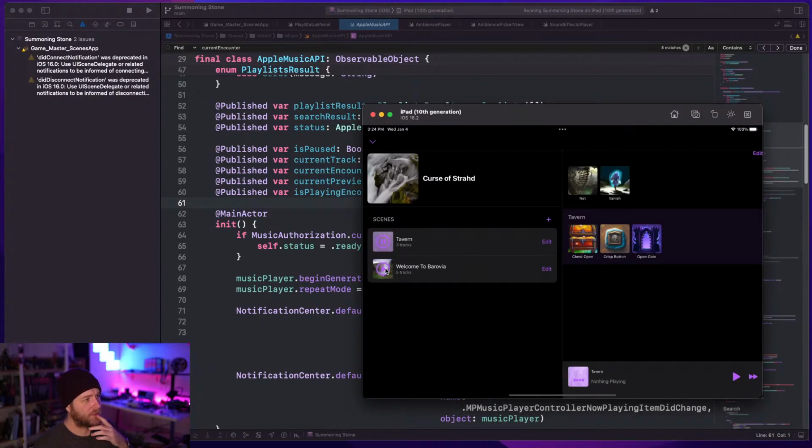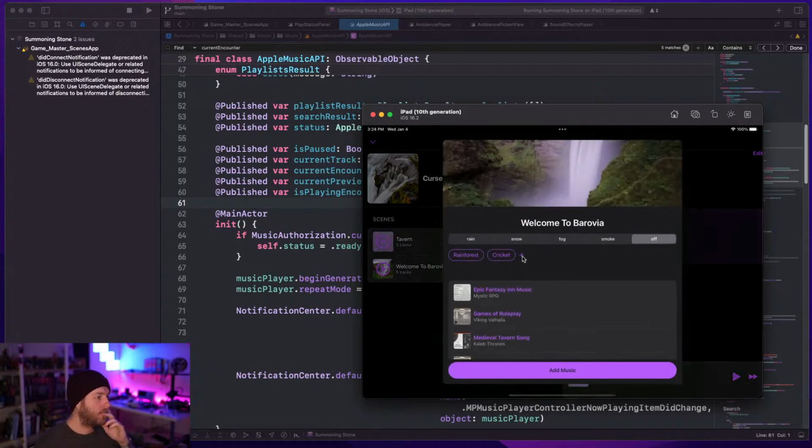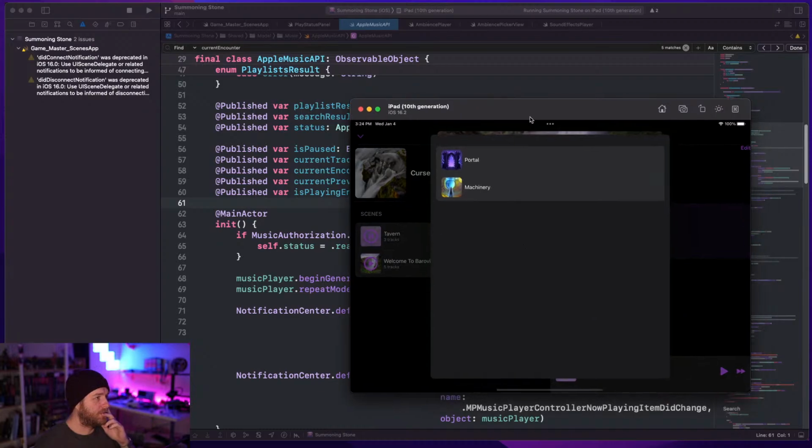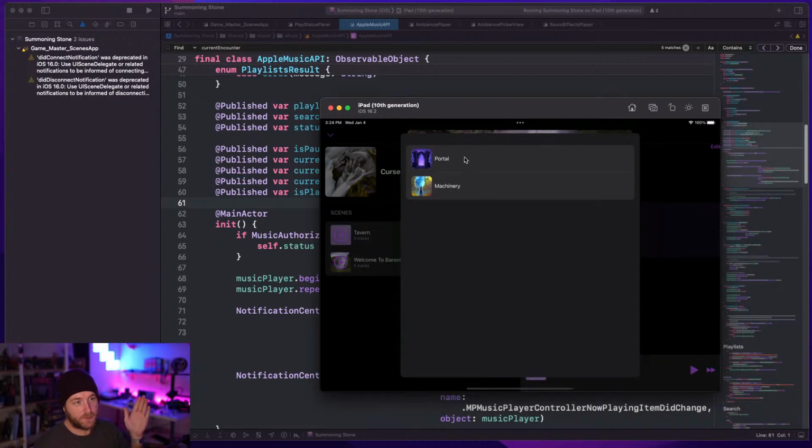At the moment the music's not playing because it won't play in the simulator. For now I'm just going to double check and make sure everything works, because I did change the source class for this. We can hear crickets and a fireplace. You might be able to hear it